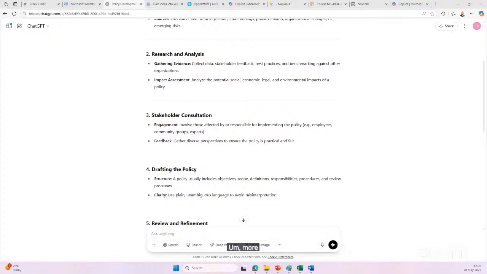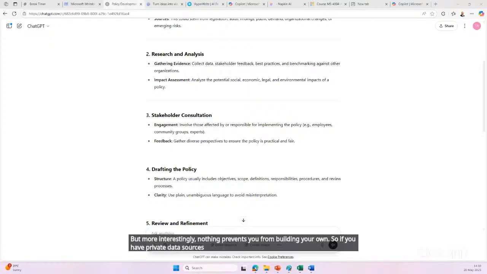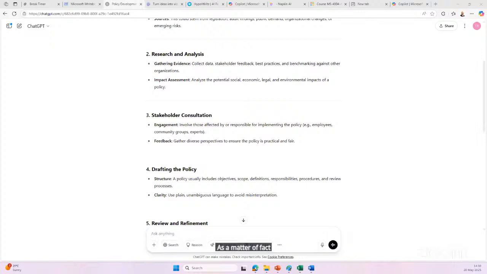More interestingly, nothing prevents you from building your own. So if you have private data sources, there are a lot of open AI tools that we can use to build our own large language models. As a matter of fact, if you